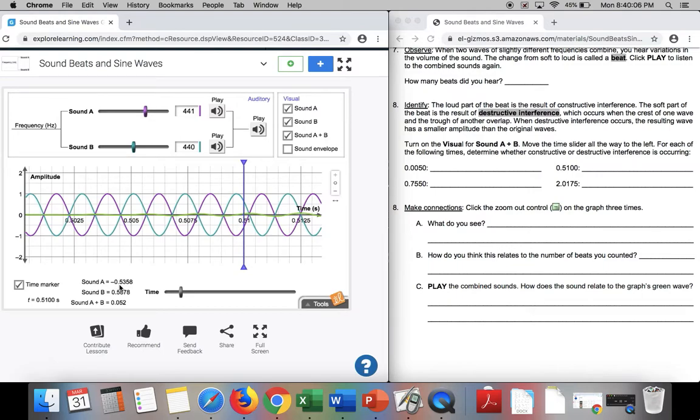Sound B has got a 0.5878. And so when those are added together, remember when you're adding positives and negatives, if they're opposite signs, you're